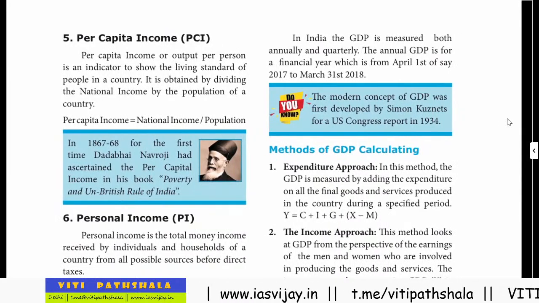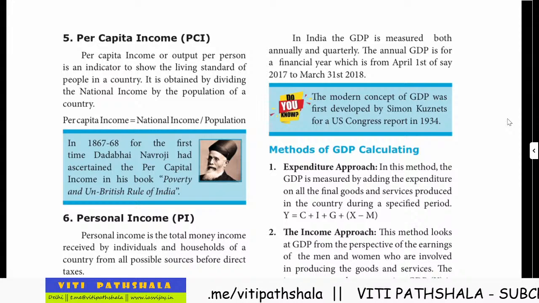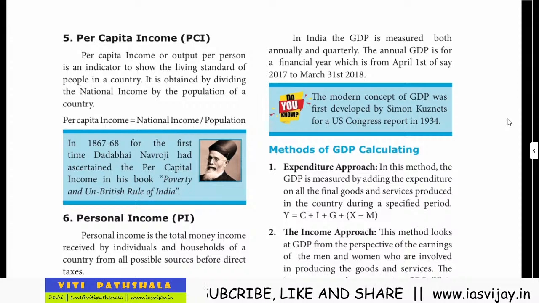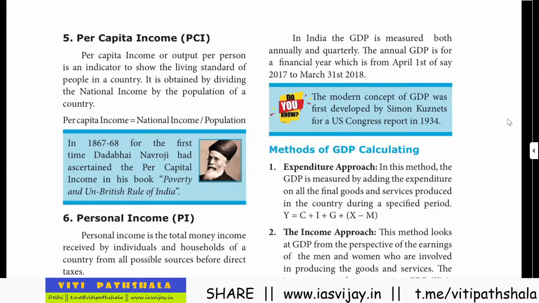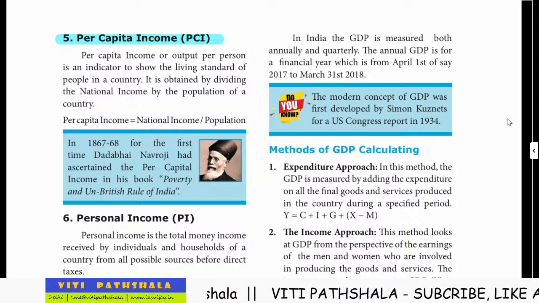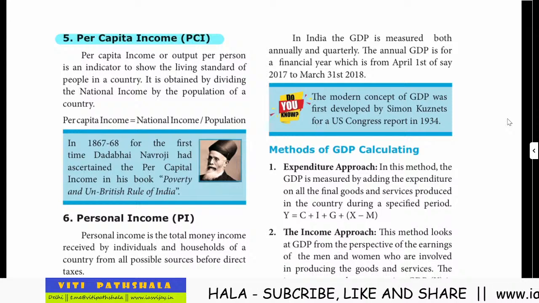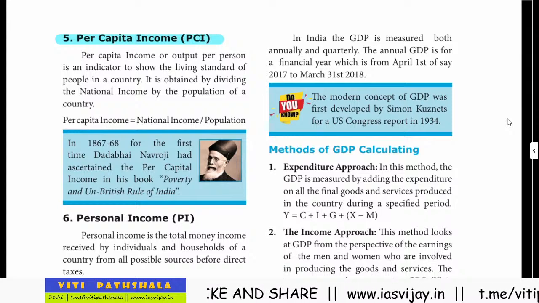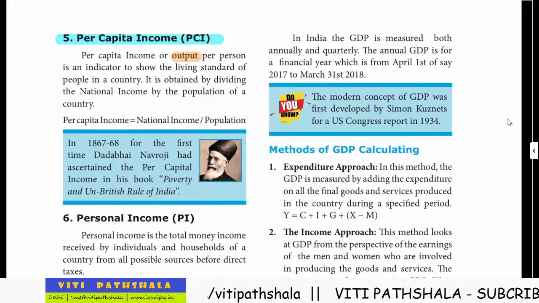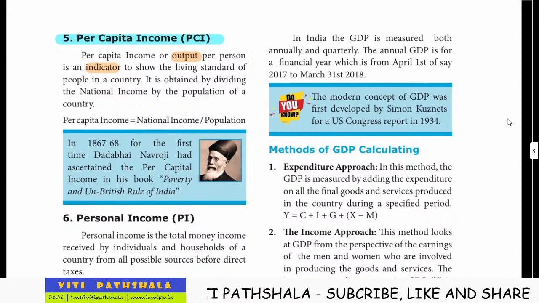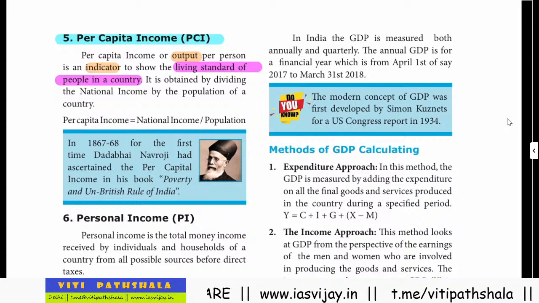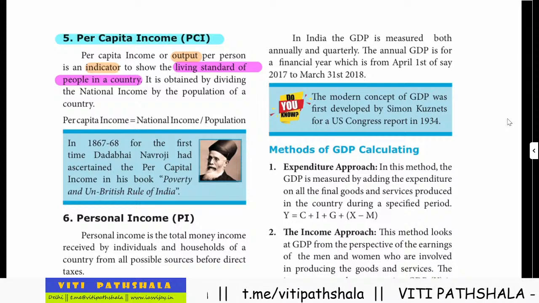Now the next concept is per capita income. So who was the first person to find out the per capita income of the country? He was Dadabhai Naoroji. We have done it in history. Now per capita income, or we can say output per person, is an indicator to show the living standard of the people in a country. So what is that? It is an output or indicator which shows us the living standard of the people in a country. Now, how is it obtained? It is obtained by dividing the national